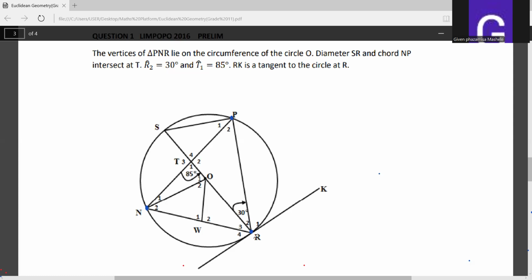So they're just telling us that points P, N and R are points on the circumference, but it's not the only point that is on the circumference. Even S is on the circumference. Right, we'll talk about that. And then now, another thing very important there is that when you are given this, okay, guys, just a